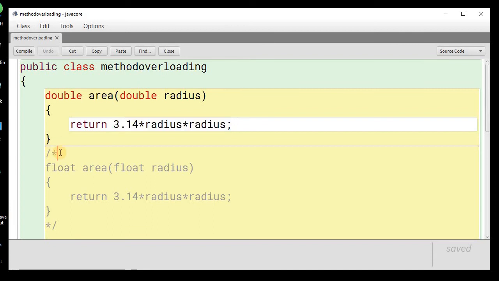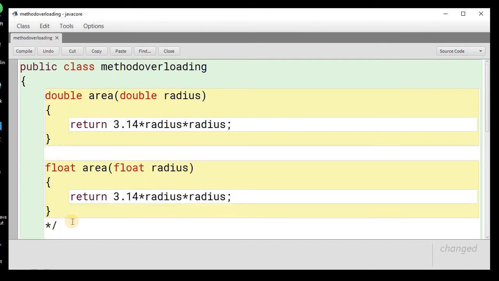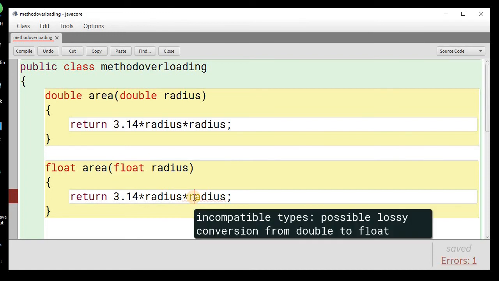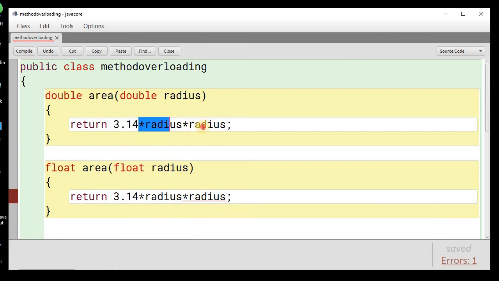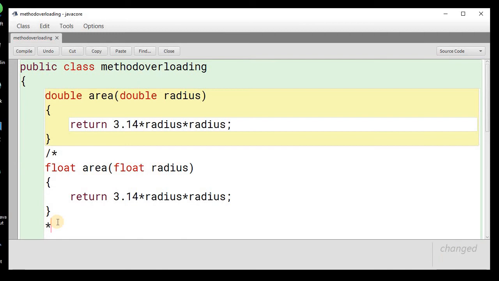Now let me show you, this can be redefined. Let's say we are redefining this, here we have the same number of parameters, and this is one thing I want to tell you: why we are using double and why we are not using float, just because this may give you an error, incompatible types. So normally you see whenever we calculate, like when we multiply, we use double as types or as parameters. So let's come back and discuss actual